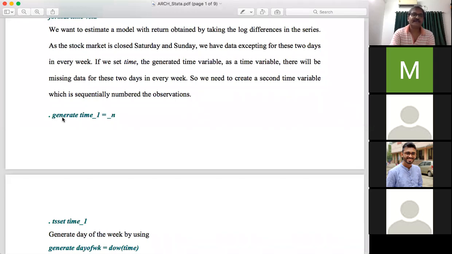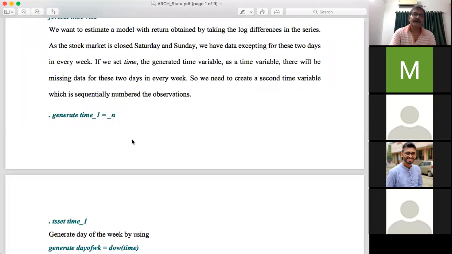So please execute this command and look at the data browser. You have another new column at the end with the heading time_1, and this column shows 1, 2, 3, 4, 5, 6, 7, 8, 9, etc. So all the natural numbers you have generated. Okay. Now let us use this hypothetical time variable as a time.